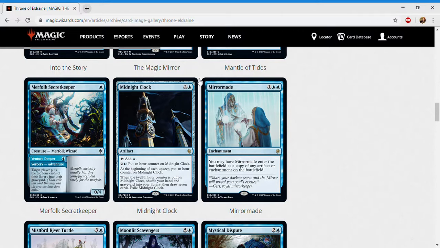Alright, the next card is Midnight Clock. For 2 and a blue, it's an artifact, at rare. Tap it, add a blue. Pay 2 and a blue, put an hour counter on Midnight Clock. At the beginning of each upkeep, put an hour counter on Midnight Clock. When the 12th hour counter is put on Midnight Clock, shuffle your hand and graveyard into your library. Then draw 7 cards, exile Midnight Clock. This is probably the memeiest card of this set, because everybody,